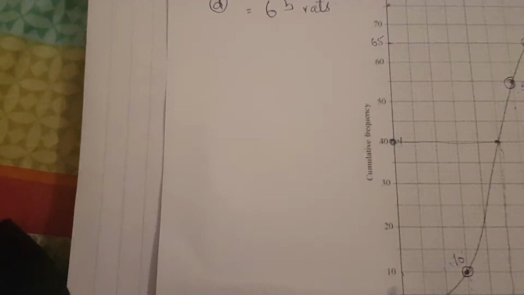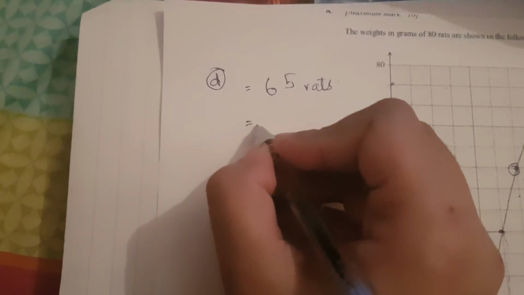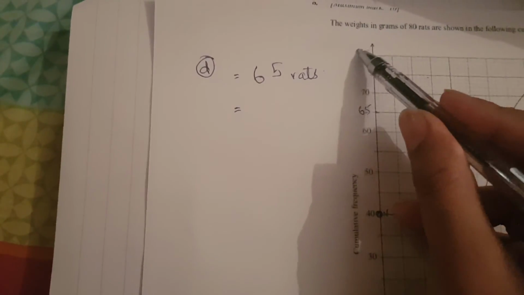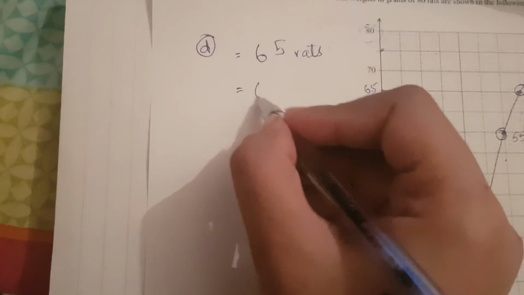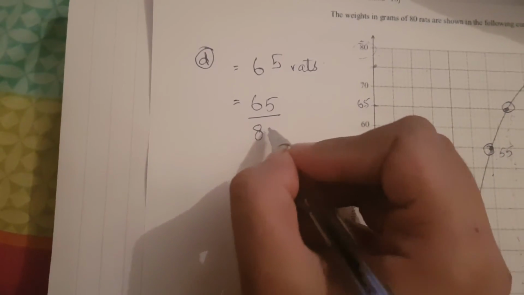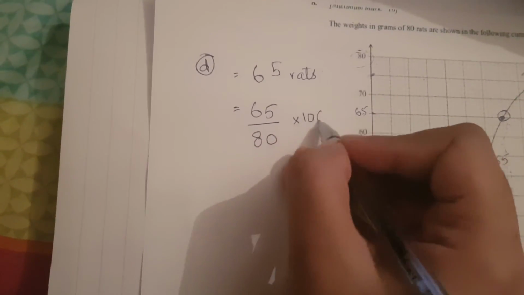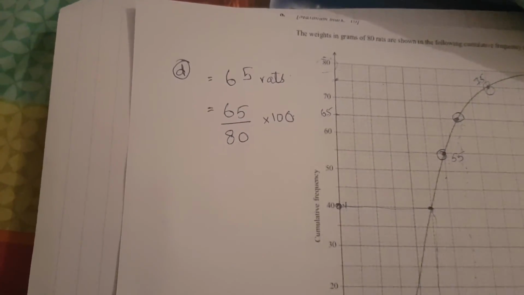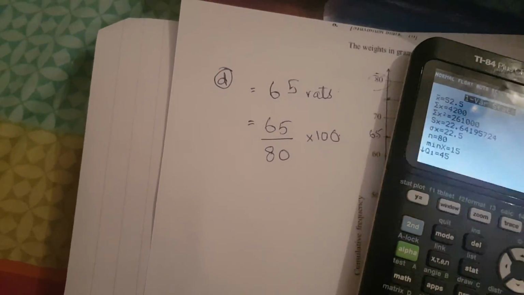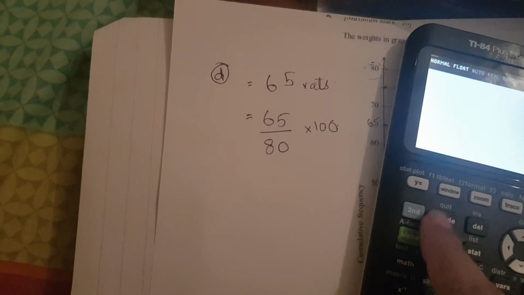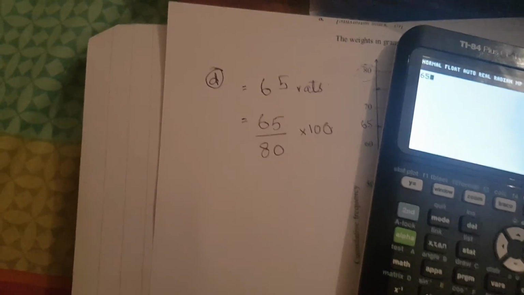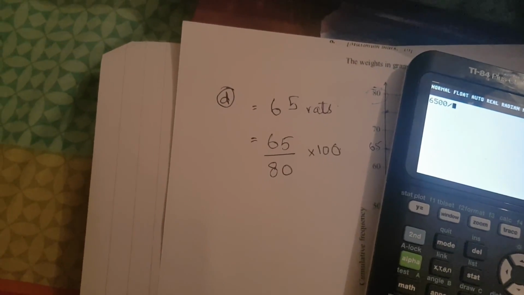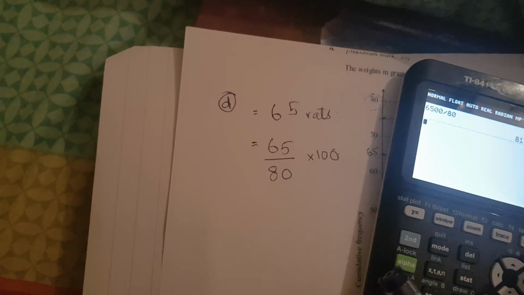So in order to find the percentage, how many total rats are there? Total are 80. So 65 divided by 80 multiplied by 100. And this will give you your solution, which is